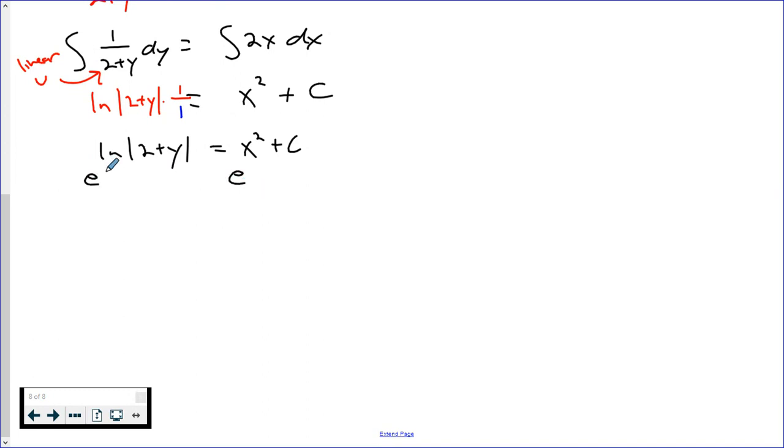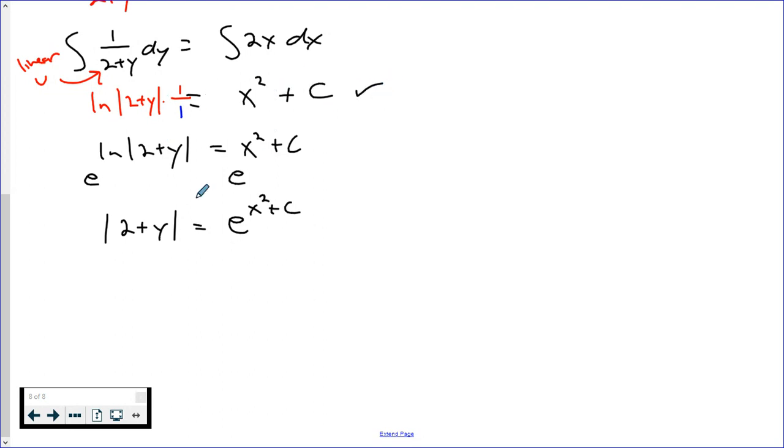So now the whole idea behind this is e to the ln of something is just the something. These are two functions that undo each other. They're inverse functions. So you're going to get the absolute value of 2 plus y. And over here, you just get e to the x squared plus c. Again, you have to do it to the whole side. It's not e to the x squared plus e to the c. It's this. So now this is where it gets a little bananas,